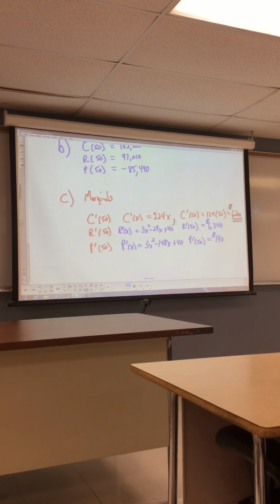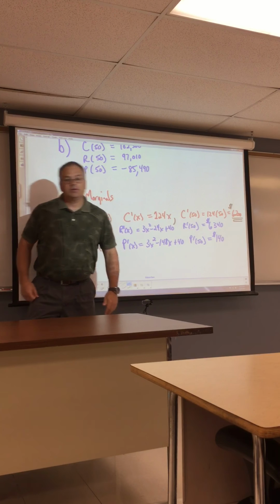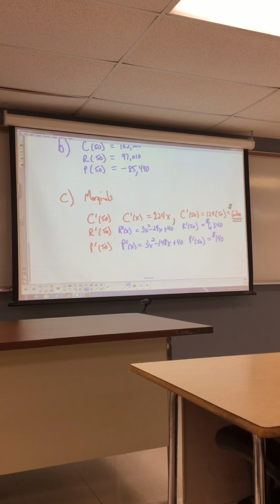How are we doing? So far, so good? Kind of get an understanding of what we're trying to accomplish here? We're using numbers that we already know, 50, to predict numbers that we don't know because we haven't made 51 things yet. Okay? If something like this is on the test, do you want us to show our work? Well, I would certainly expect you to show the derivative, right? Because that's kind of what class we're in. So I would expect to see how you get those numbers. Okay? All right. That was a very basic example. So let's see if we